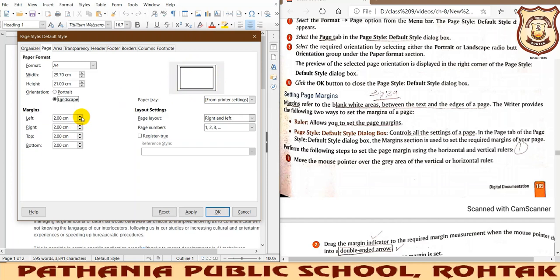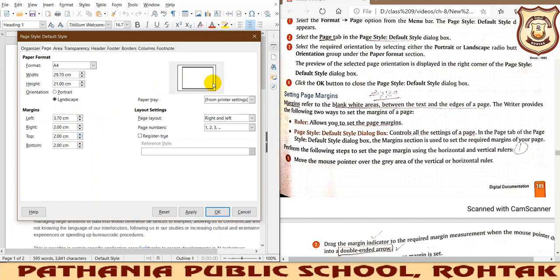So you can set the left margin, right margin, top margin, and bottom margin. There are 4 types of margin you can set. You can increase them in the preview also. If I increase the left margin, the distance between the text and the edge of the paper increases.